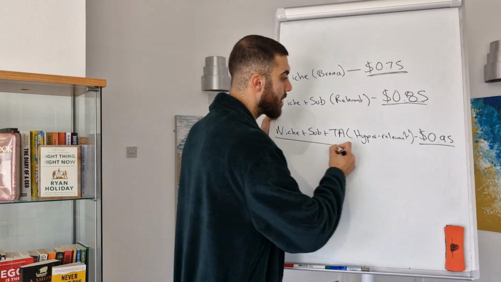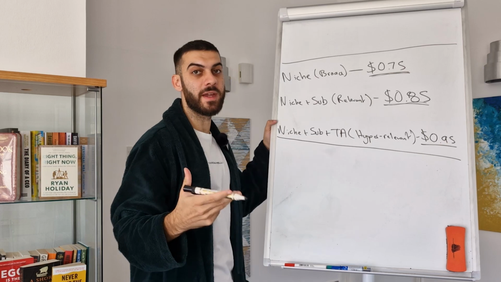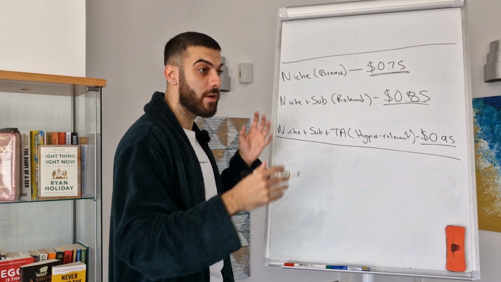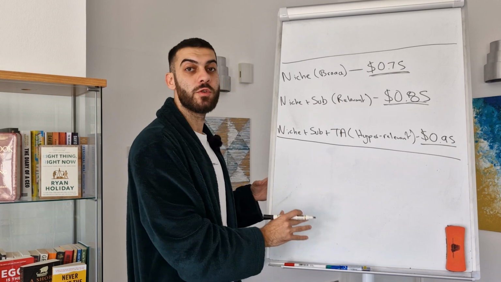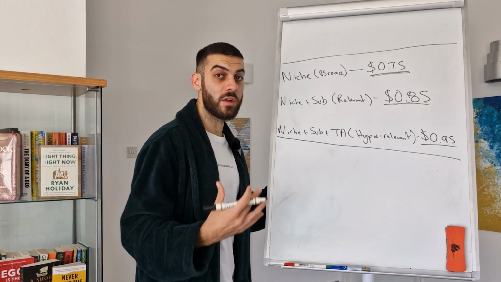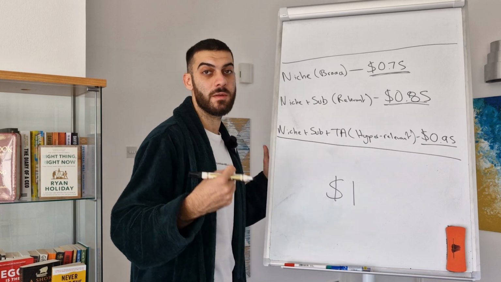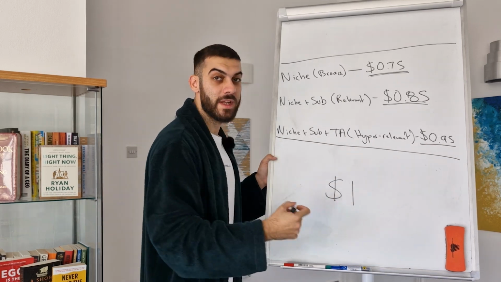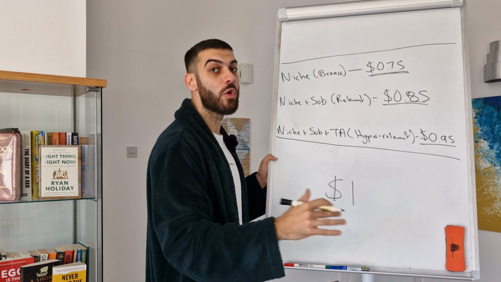But it's not just about setting up the campaign correctly. It's also about optimizing the campaign and looking after your campaign and adjusting the course so it gets better and better over time. And how do you do that? Well, it's very simple. Personally, what I like to do is I like to have $1 as my standard bid for everything. Now, if I'm bidding lower than $1, which is all of these keywords here,